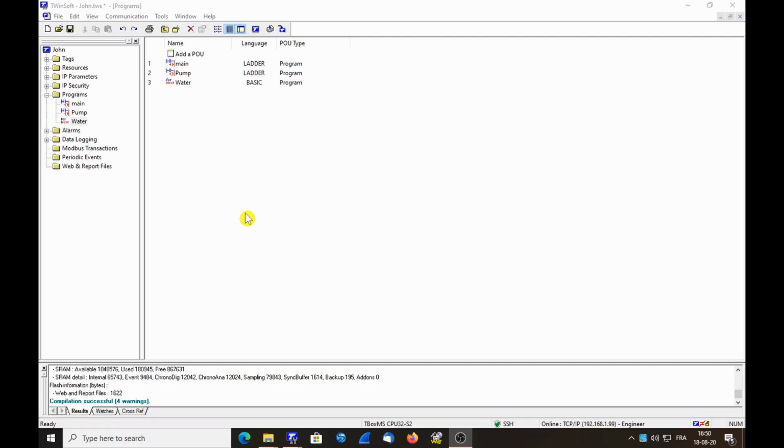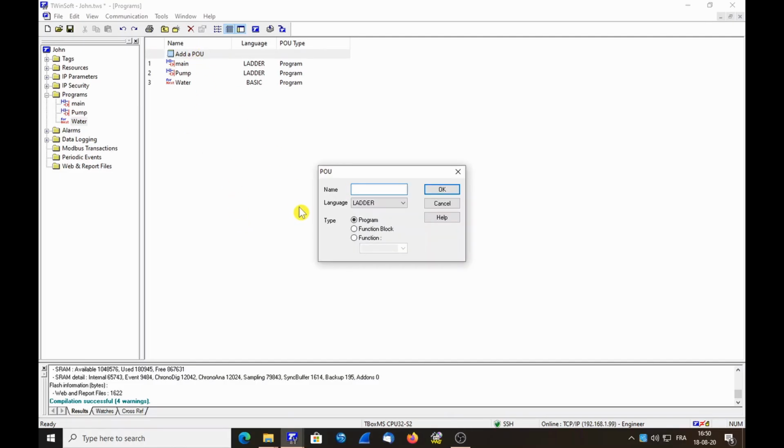In this video, we will continue with PLC programming and we will create two different types of POU, which are function block and function. So a function block is a functionality, so we will create a pump management function block, and a function is a calculation. For instance, the percentage is a function which does not exist in T-Box, so we will create a function to